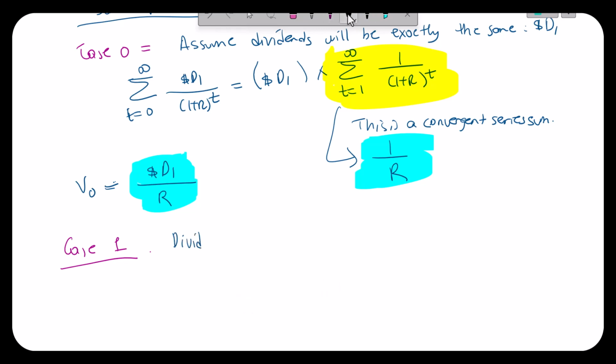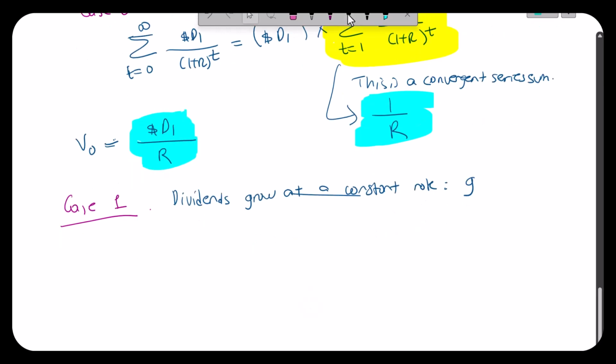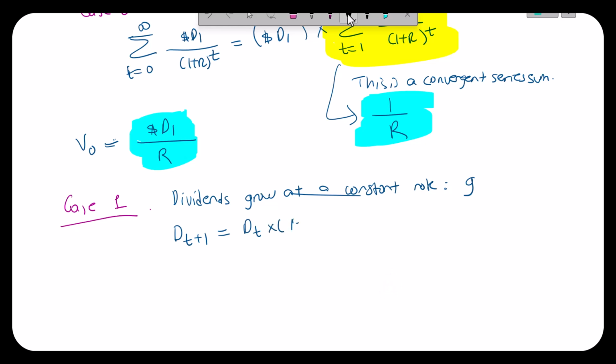Dividends grow at a constant rate, G. That means if you know the dividend for 1 year, for the following year, it's going to be dividend that year times 1 plus the growth rate. So if you plug that in,